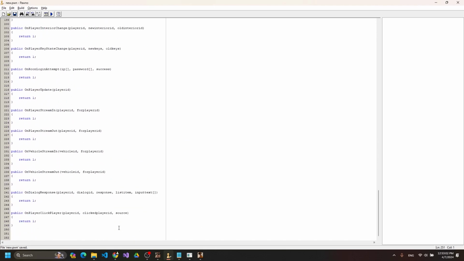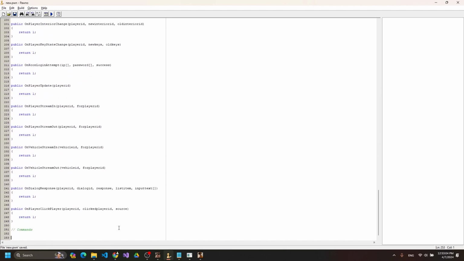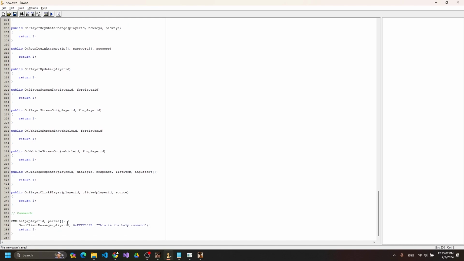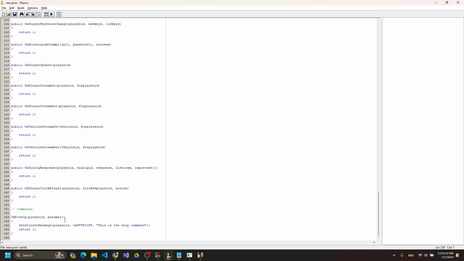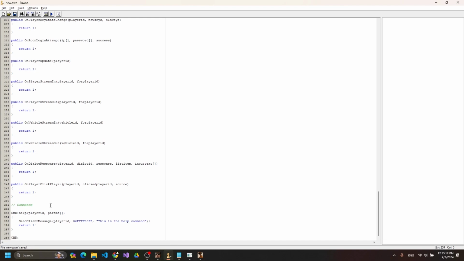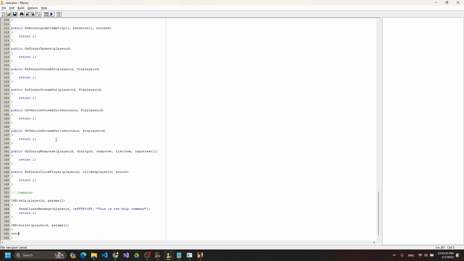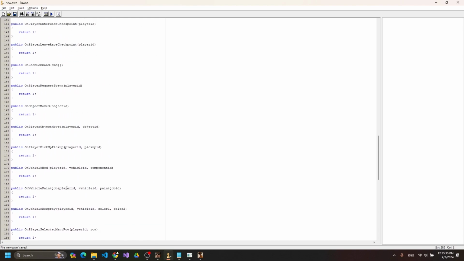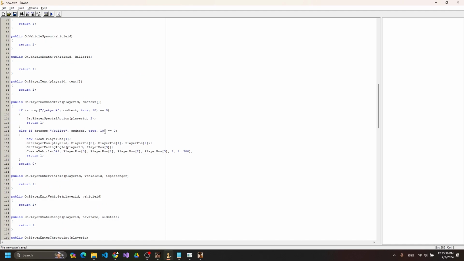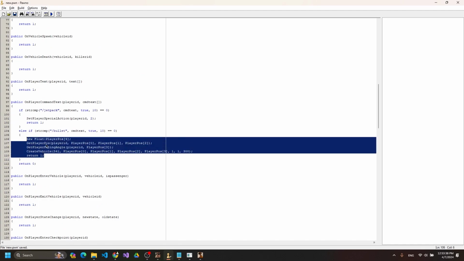Well, I do want to have everything organized. Commands, right? So this is how you do it. You just type, for example, cmd now, bullet, player id and params. Yeah, if I can type return. Well, you're going to later use VS Code, and this is going to autocomplete the code, and you're not going to be annoyed like this. So you don't need to type this code anymore. You're just going to copy that